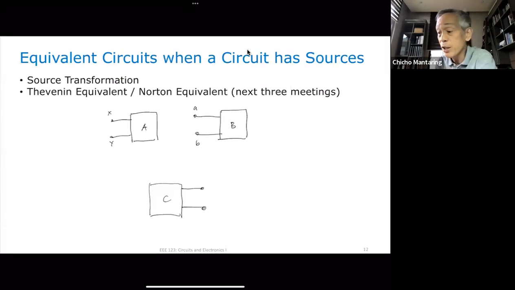So that's a concept of equivalence. Now, we already discussed equivalent circuits when your circuits are purely resistive. We already talked about that, right? If I have a circuit that is purely resistive, let's say this is purely resistive,